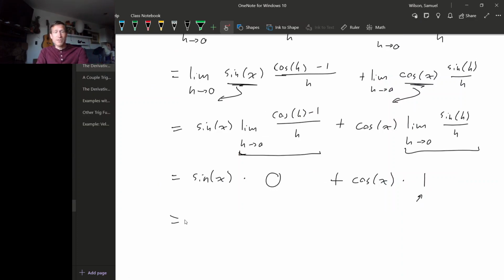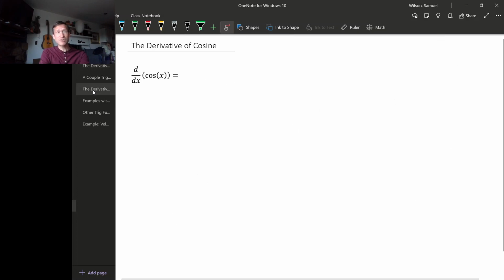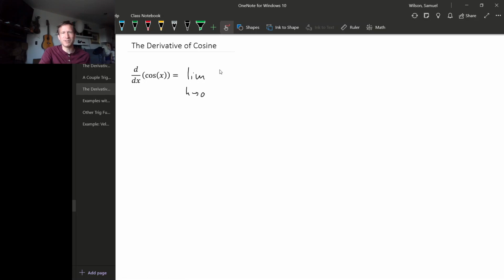So putting this all together, what we get for our final result is just cosine. So again, we started with the derivative of sine of x, and what we got is cosine of x. So the derivative of sine is what we thought it was going to be, so that's good. While we're at it, let's find the derivative of cosine. So the derivative of cosine is the limit as h goes to 0 of cosine x plus h minus cosine of x